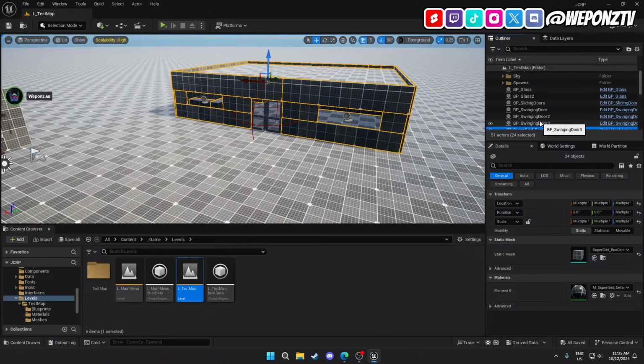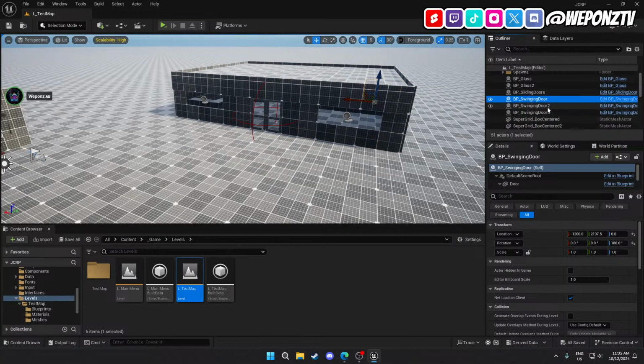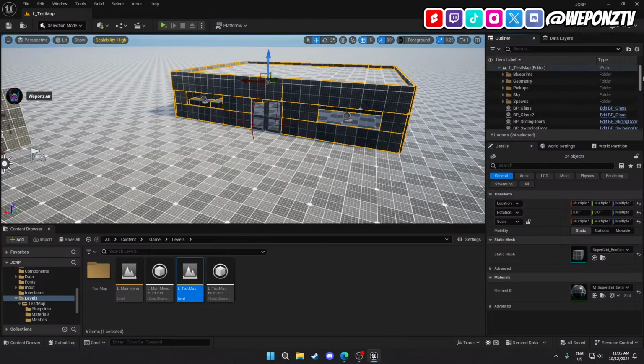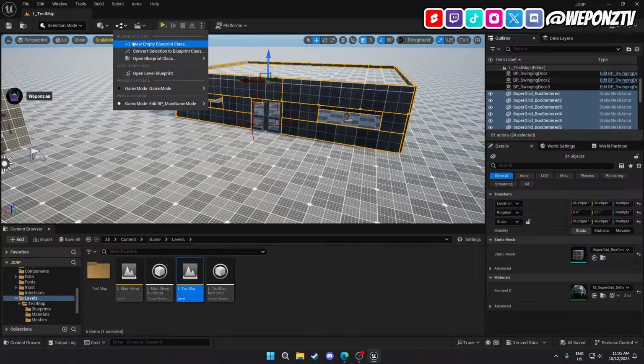Why are there so many sliding doors? Oh, swinging door. Swinging door, swinging door, swinging door, sliding door. Okay. I don't even know why I questioned that, but anyway, there's that. Now I've got everything like that. We can go and go,